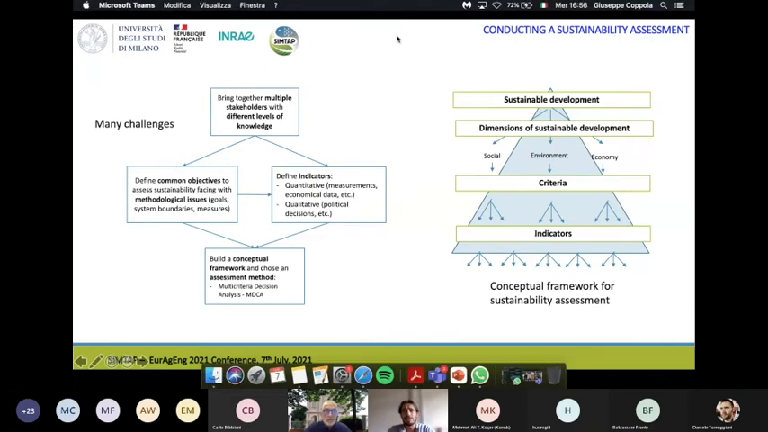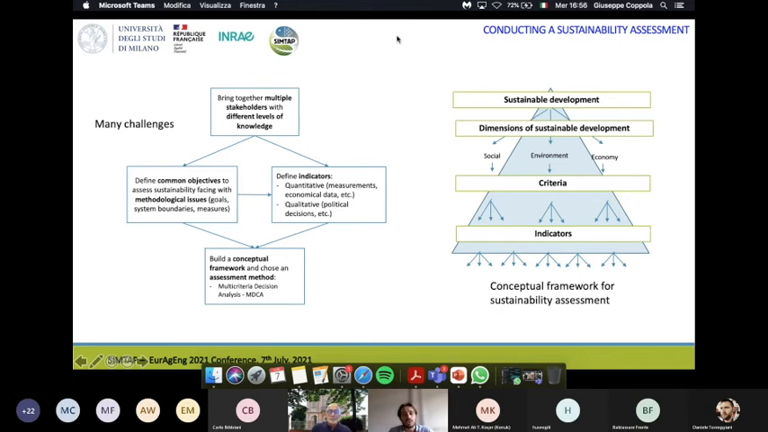The development of this assessment posed us many challenges. Surely many methodological challenges. We had to take into account the different perspectives of the different stakeholders involved. We had to choose which indicators and what kind of indicators to use, and many other methodological issues. But surely the biggest challenge was due to the fact that sustainability is a complex concept, is a